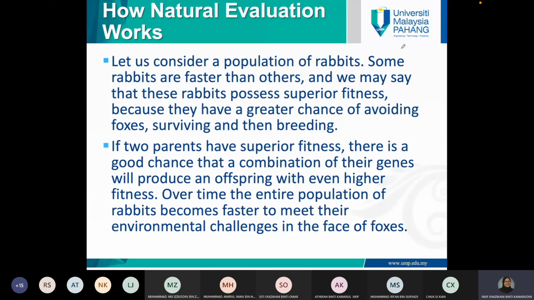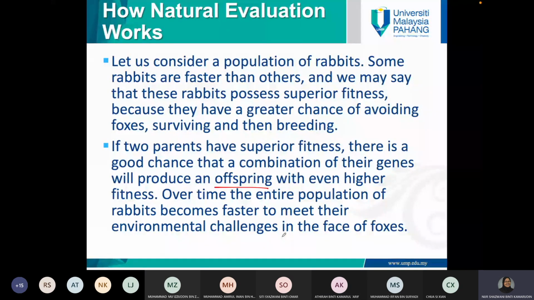that have superior fitness like the parents. So if the parents have a superior fitness, there is a good chance that a combination of these genes will produce an offspring, meaning a child, with even higher fitness. Meaning if the rabbit is fast and two fast rabbits mate and then they produce baby rabbits, this baby rabbit has the tendency to be even faster than its parents. So over time, the entire population of rabbits becomes faster to meet their environmental changes in the